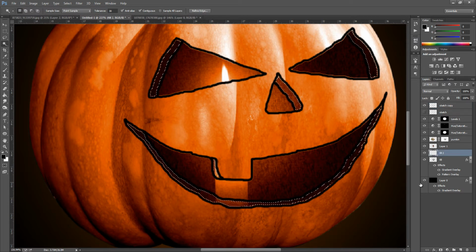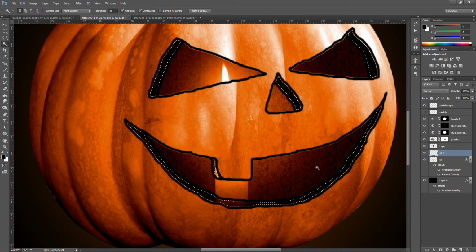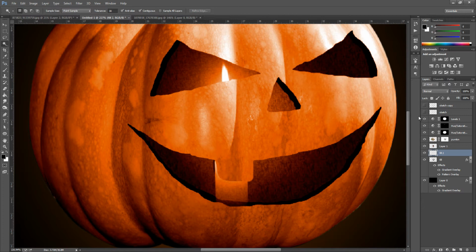Go back down to the fill 2, and make sure we have black as a foreground colour. Go to edit, fill, foreground colour, black, Control and D to deselect, and then all we're going to do is take that off. So take the sketch copy off, so hide it, and we're going to be left with something like this.